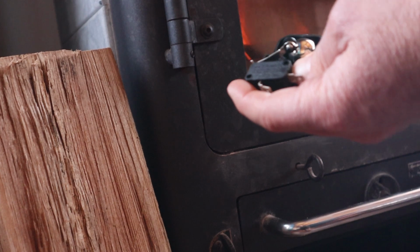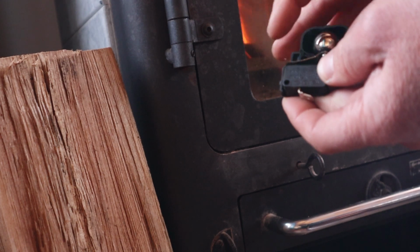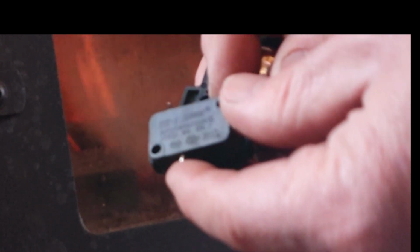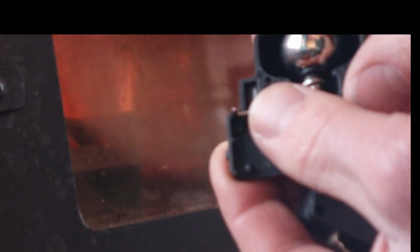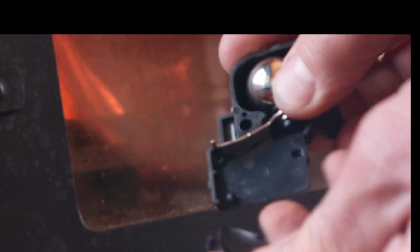Okay, so yeah, it's pretty simple. So you can see there's a momentary switch in here, which is, I suppose, normally open until this is pushed down. This little button is pushed down, and so that will complete the circuit. Mine sounds okay. And then there's this lever, and this big silver ball sits on top in this thing, and as long as this is in this cup, it's going to push down on this lever, which will push down on the little switch right here, and that